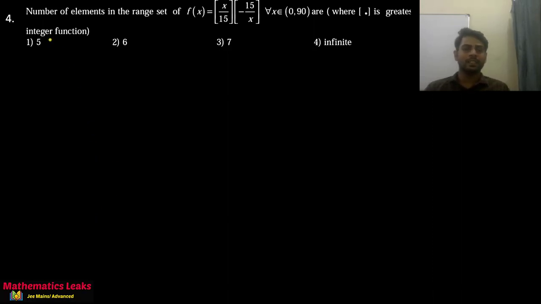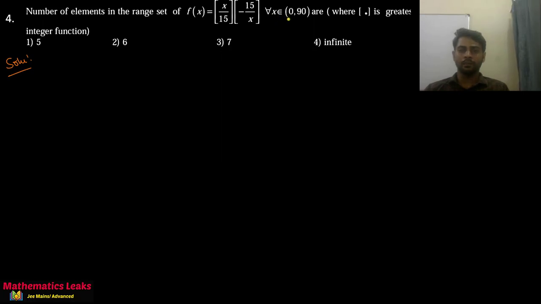Next question is: the number of elements in the range set of f(x) = [x/15] · [-15/x], where [ ] is the greatest integer function, for all x belongs to (0, 90). So let's solve it. Since it is written as a product of two greatest integers,